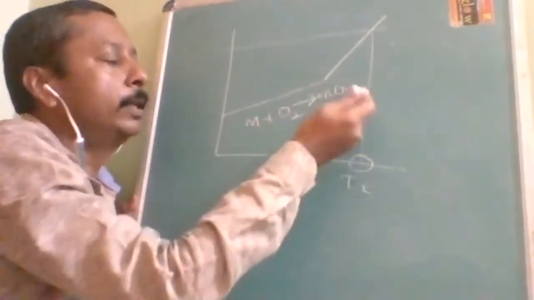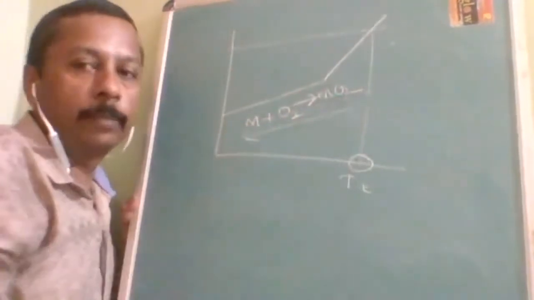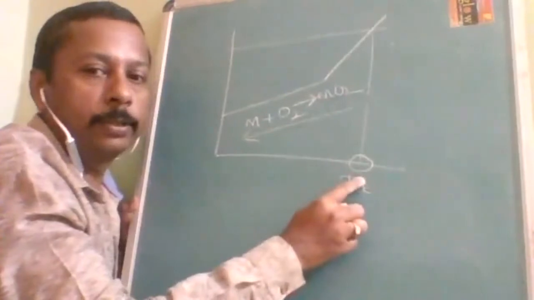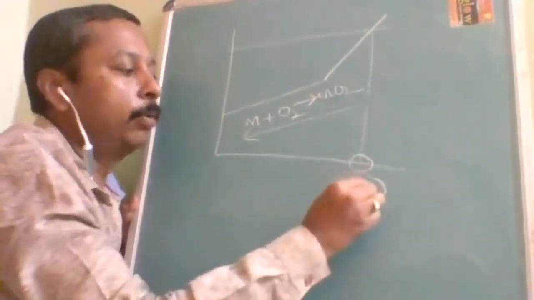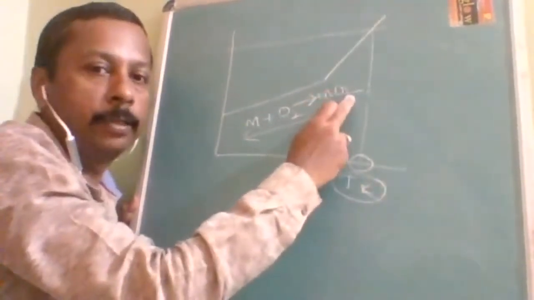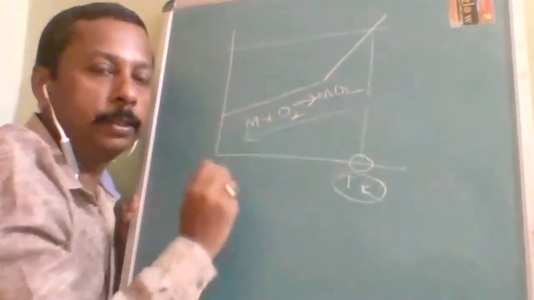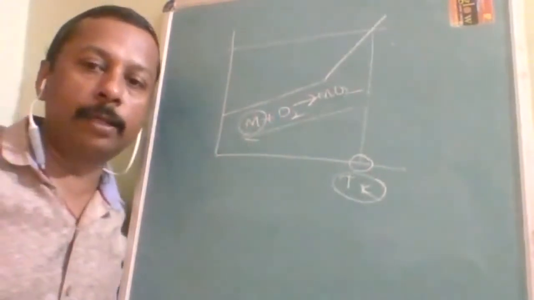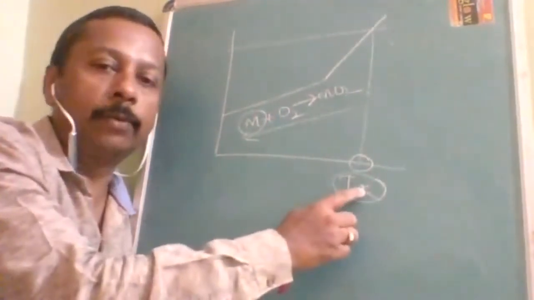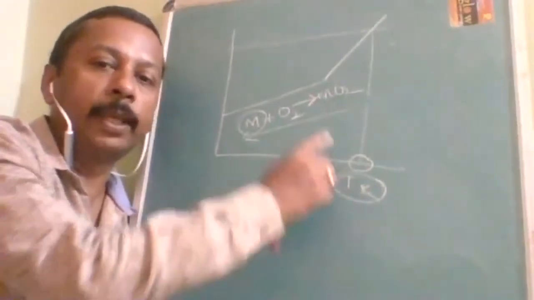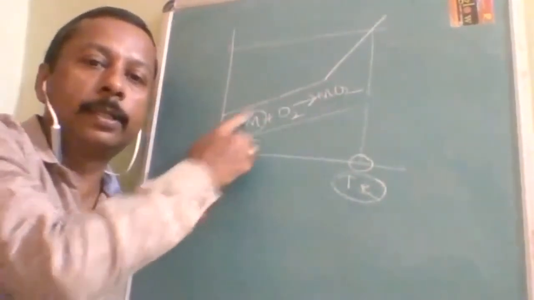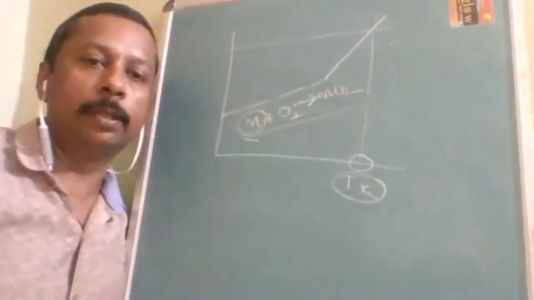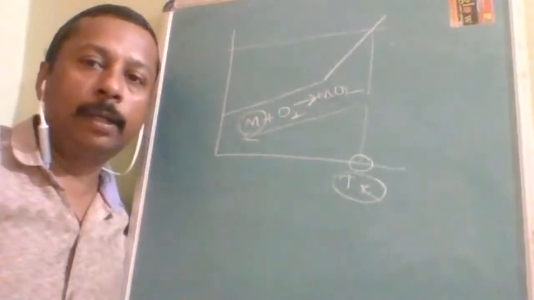So that means beyond this temperature the reverse reaction will be taking place. That means we have to heat that metal oxide beyond this temperature. When you maintain above this temperature, that metal oxide is immediately converted to metal and oxygen. You are going to get the metal. That is why the Ellingham diagram is used, understood? We have to find at what temperature to heat a metal oxide so that the formation reaction becomes non-spontaneous. So that is the application of the Ellingham diagram.